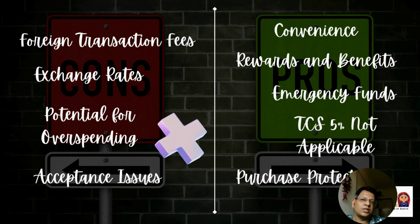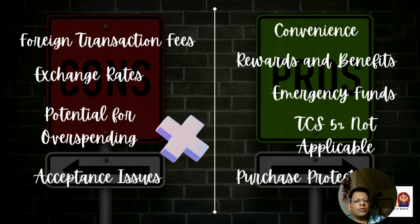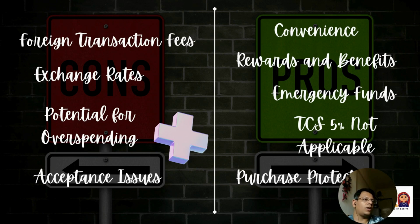And I said earlier, purchase protection is an important element. If you have one of those premium cards with you, you get that purchase protection also, and that's very important if you're traveling abroad, if you're making some big ticket purchases, especially online. Okay, so that's pretty much in detail about cash, forex, and